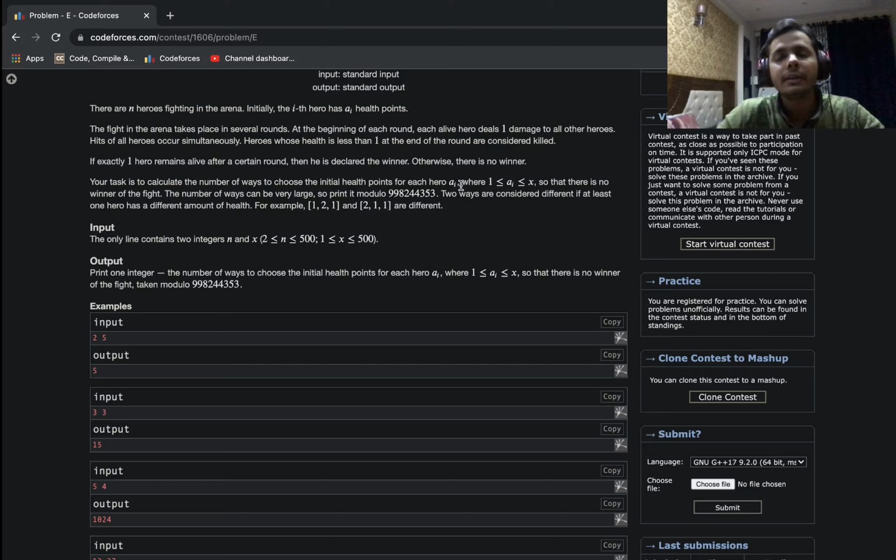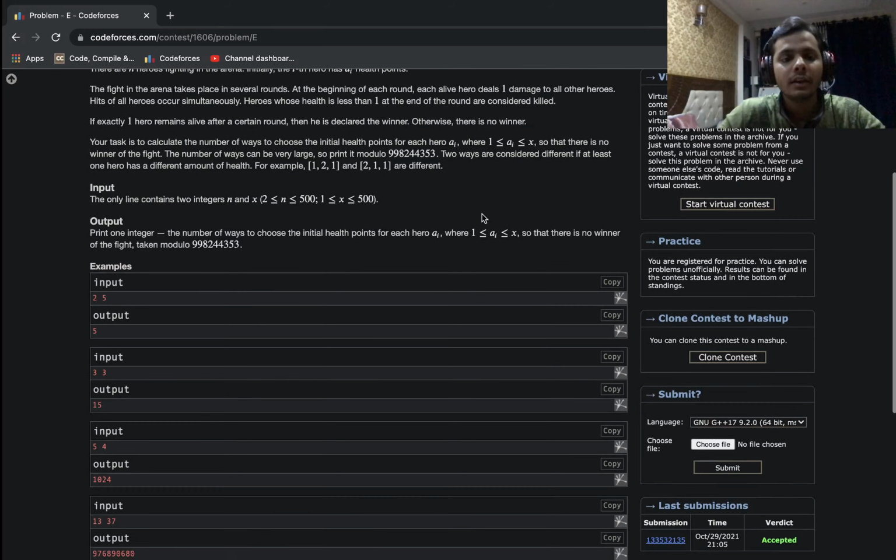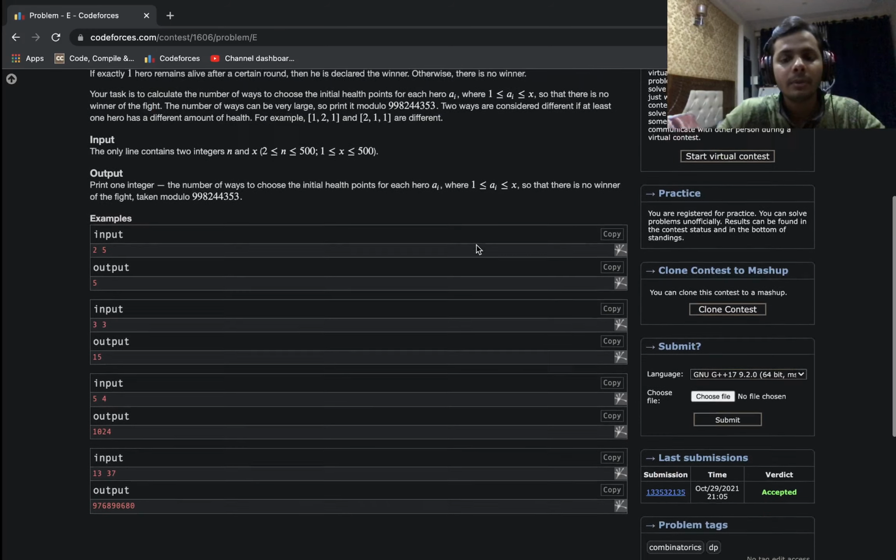So I need to calculate the number of good sequences which lead to a situation where the number of people competing in the final round is at least two. And out of those people, all of them just die. It can be more than two also, but all of them just die. So finally there are x people in the last round, and all x of them die simultaneously. It doesn't happen that one of them is left behind, right? So yeah, that's the problem here.